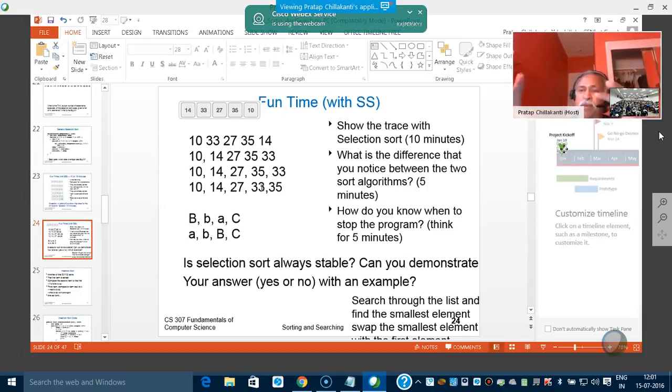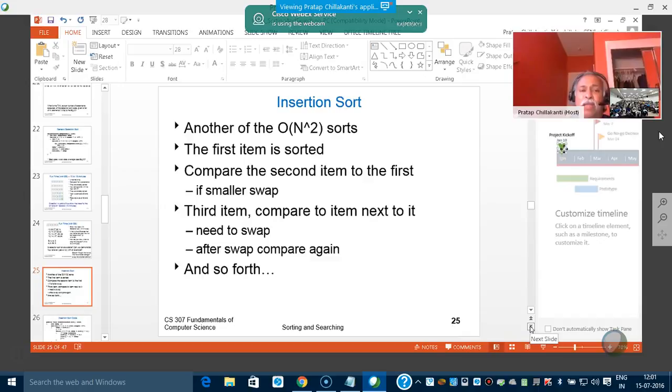Fewer primitive operations means a better algorithm, right? At a high level. Again, everything is at a high level, because when you go deep into computer science, you will know there are a lot of other variables. Okay, here is another algorithm,